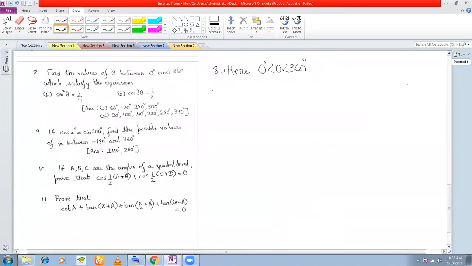So the second problem here is cos 3 theta is equal to half. Now remember here we don't have theta, here we have 3 theta, right? So you cannot say that you will get solutions only in one rotation. You can get solutions in the second rotation also, and in the third rotation also, because of the 3 theta.